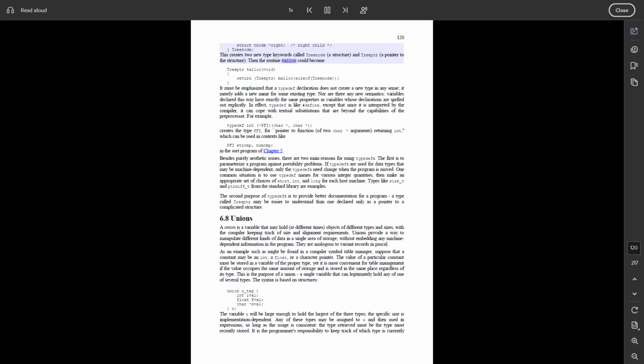Then the routine talloc could become Treeptr talloc(void) { return (Treeptr) malloc(sizeof(Treenode)); }